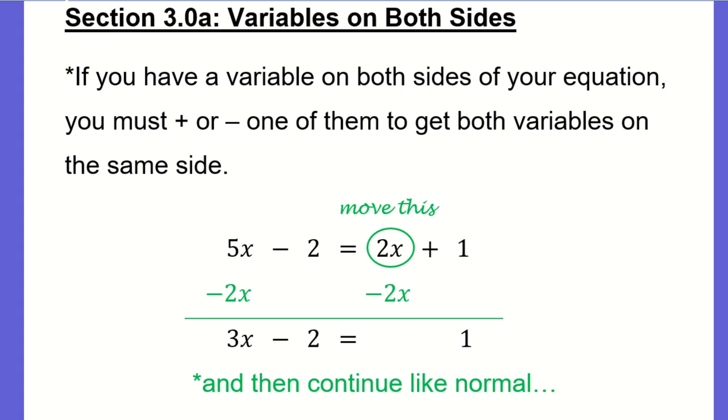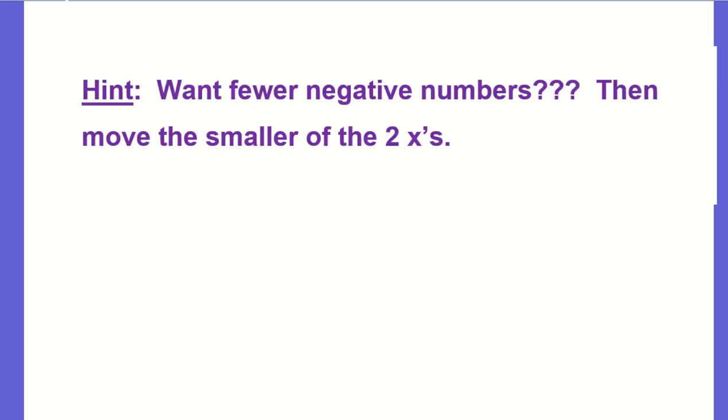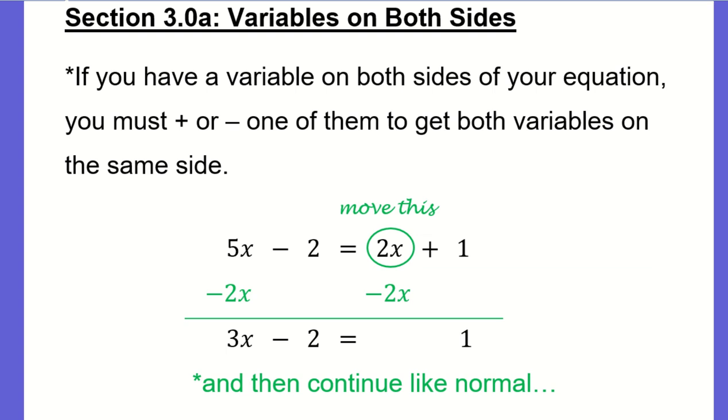Numbers 7, 8, and 9, remember that when you have variables on both sides, you have to move them to only one side. So, for example, in this, you would move the 2x to the other side by subtracting it. So how do you make the 2x disappear from the right side? You would subtract it. So when you subtract 2x, now it's gone and it's not on the right side anymore,